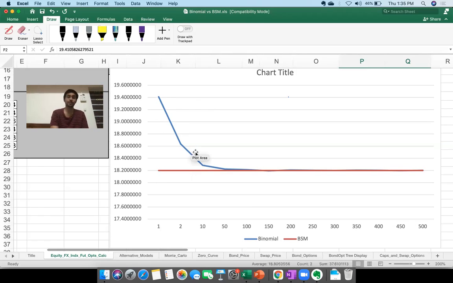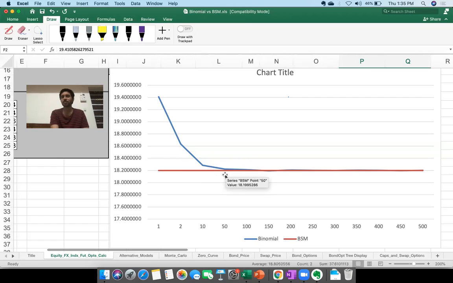The blue curve is the answer given by the binomial model. When we worked with a single period binomial model, the binomial gave us an answer of 19.41. Black-Scholes gave us an answer of 18.20. So the gap between Black-Scholes and binomial was significant. It was $1.2, which is quite significant. But when we moved from 1 to 2, the binomial gave us an answer of 18.6, while Black-Scholes was 18.2 itself. The gap narrowed down, and if you see, the gap keeps narrowing down as we move